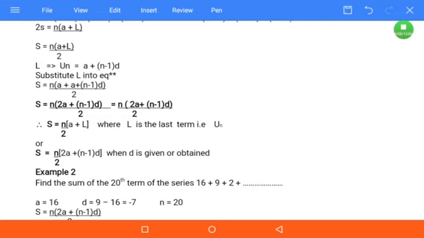So slot it here. We have n. This is our n. See it here, into a, you see a. Your l is now a plus (n minus 1)d. So when you have that, you have a plus a. That will give us 2a. Write it down here. Then we have the (n minus 1)d still here. Then over 2. Can you see that? Okay, so we have n times (2a plus (n minus 1)d) over 2 equals s, and that's a